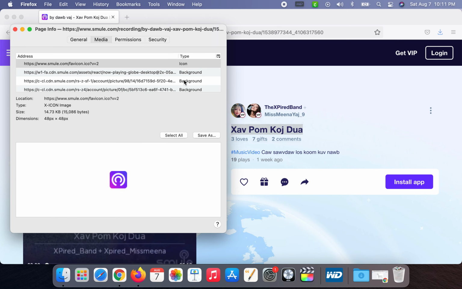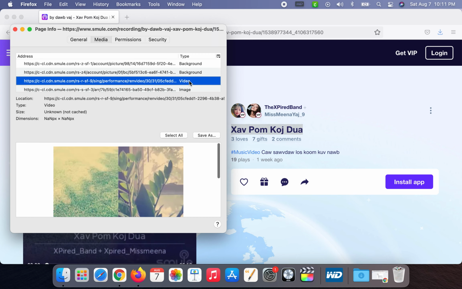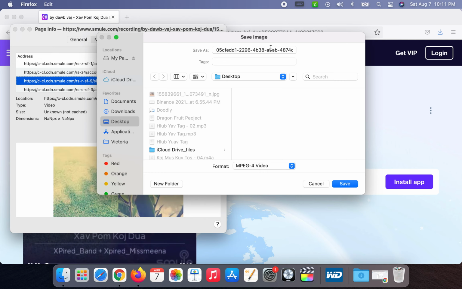This is where everything happens. So right here's the video. If it's just whoever's singing or the music and stuff like that, it just has music on here. Okay, I'll look for one with just music, so you guys can see what it looks like. Press save as, and then